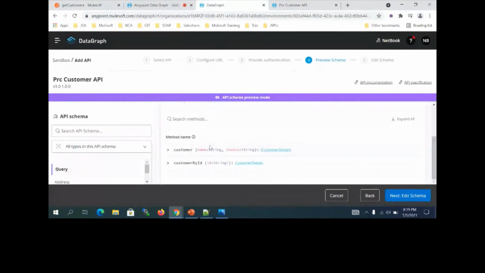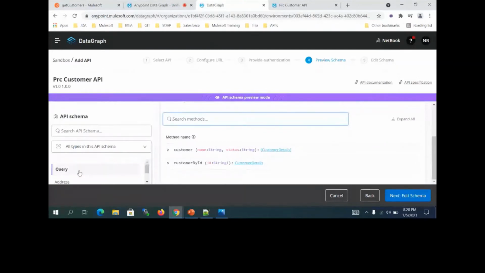That is going to bring over here the customer by ID. This is another method. This is going to return a list of customers, and it is going to return the customer details. Now you can see those data types over here, the customer data type.